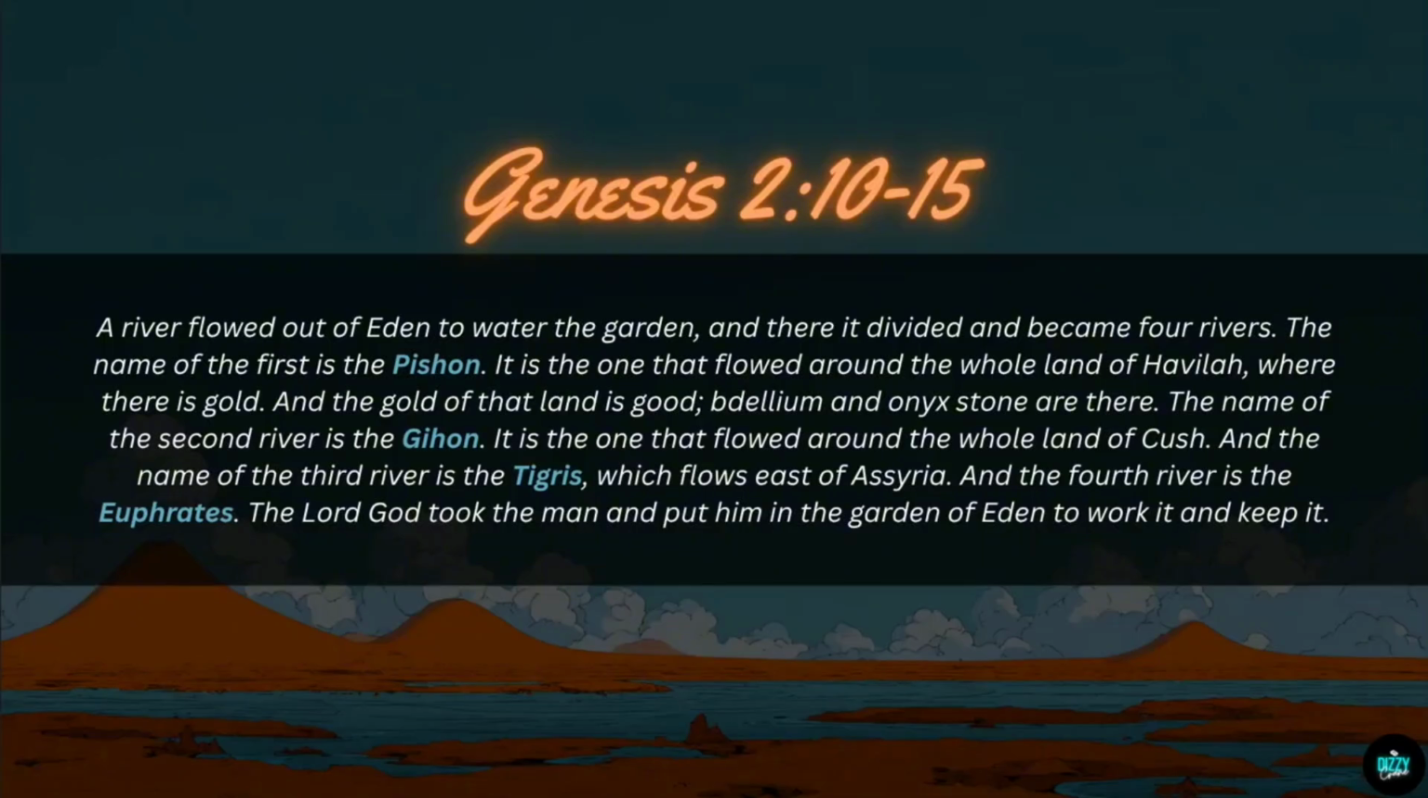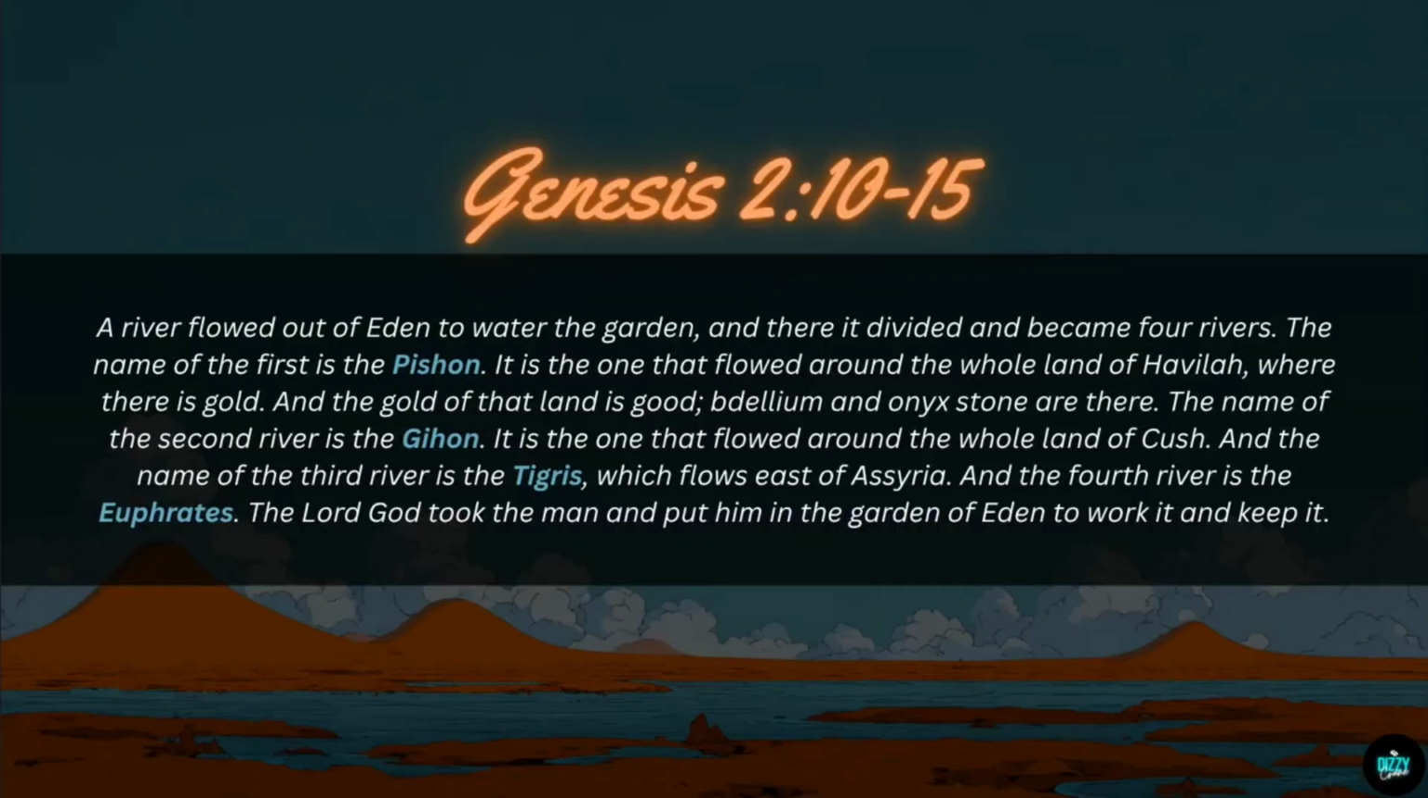The Lord God took the man and put him in the Garden of Eden to work it and keep it. So after God created Adam, he placed Adam in the Garden of Eden to be a manager or a steward of the garden. So now the garden has a watering system as well as somebody to manage it. So let's take a look at these 4 rivers and how you can build a system that functions similar to